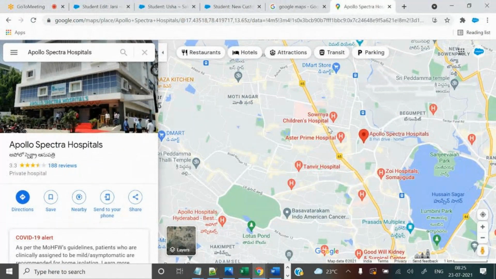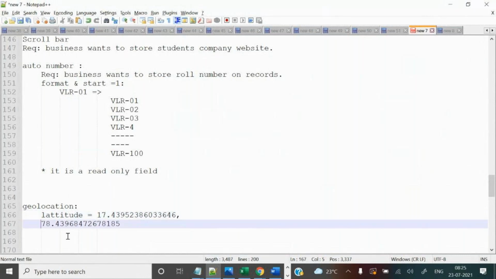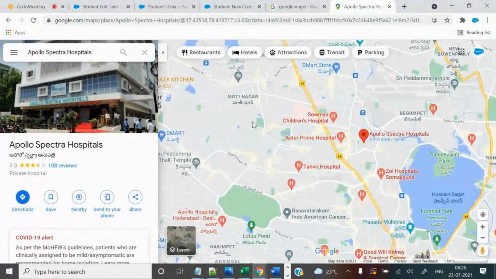Generally, latitude and longitude. I hope everyone knows Google Maps, because everyone nowadays uses Google Maps, right? So it is a latitude and longitude.